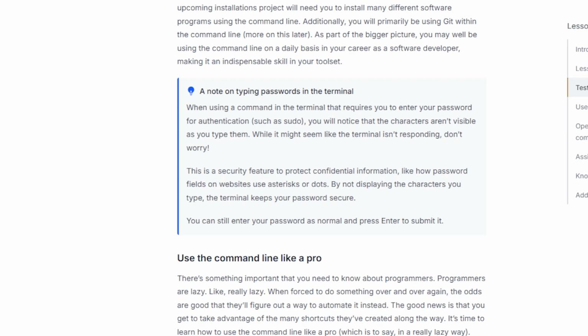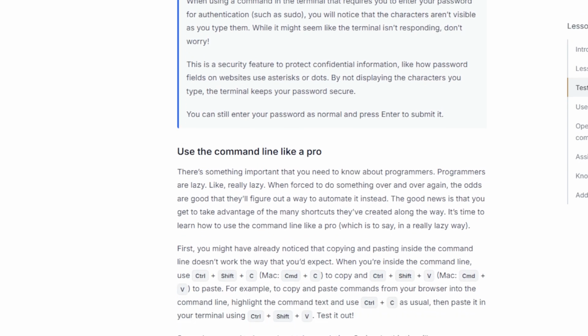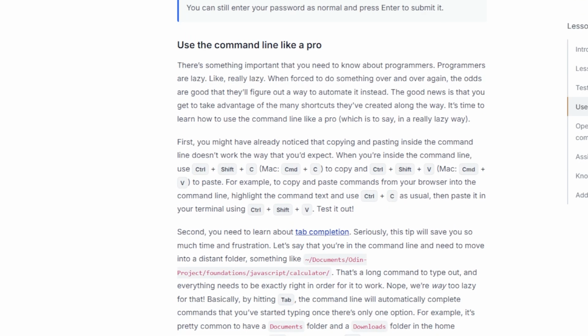Use the command line like a pro. There's something important that you need to know about programmers. Programmers are lazy, like really lazy. When forced to do something over and over again, the odds are good that they'll figure out a way to automate it instead. The good news is that you get to take advantage of the many shortcuts they've created along the way. It's time to learn how to use the command line like a pro, which is to say,